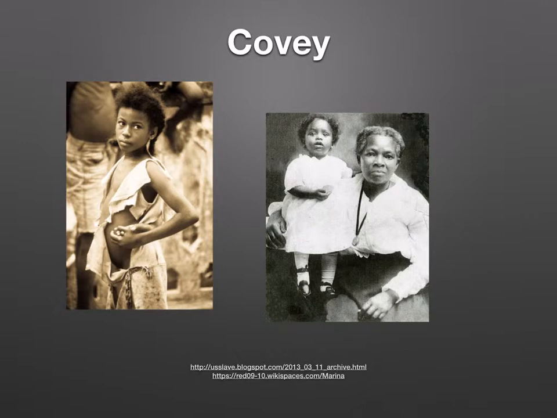Covey was another example of having power over women because he was one of the plantation's owners who never let the kids be able to see their mothers, and he separated the mothers from their kids as well. The kids would go live with old ladies who were too old to work on the farm, and this never gave the chance for the woman and the daughter to grow up together.